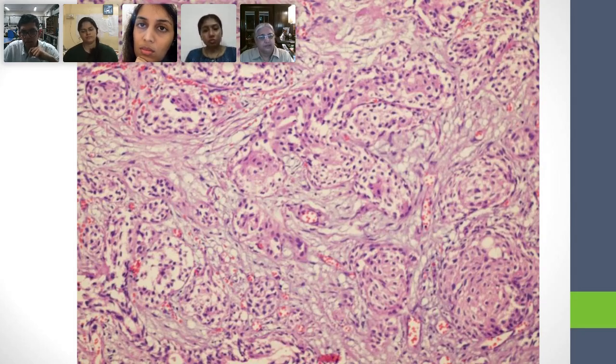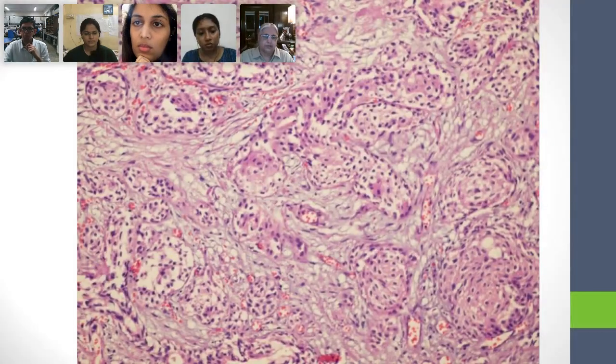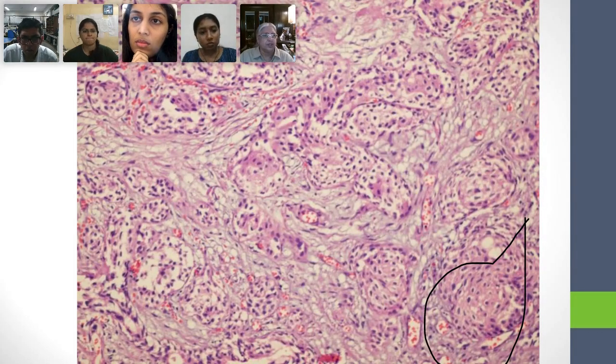Now here, what about this? The cells show similar areas with extensive squamoid differentiation, and there is a myxoid stroma, I think. That's okay. It's a young fibroblastic stroma. But are you going to tell me that all of this is squamous differentiation? I take it that something at the bottom right-hand corner here is squamous differentiation. Yeah. But do you think all of this is squamous differentiation, Ashish?